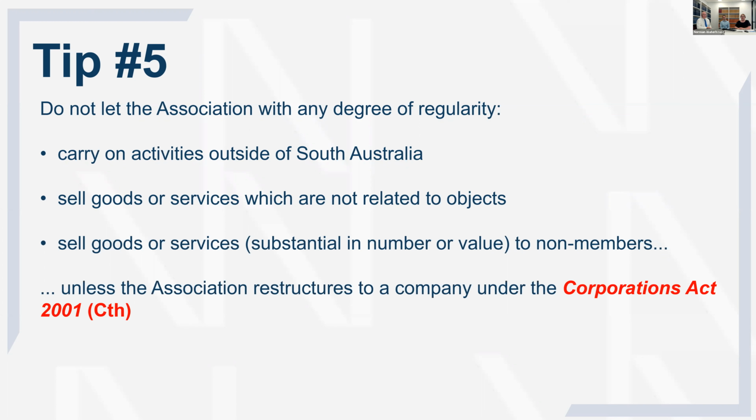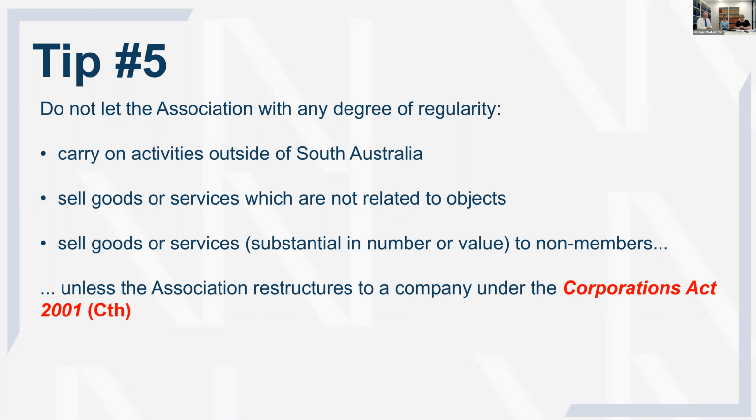And that's simply because the Associations Incorporation Act is a South Australian Act. It only protects committee members for activities carried on inside South Australia. It doesn't protect them from anything they do outside South Australia, and that might be a particular concern for some associations that are down the southeast near the border. It's not intended to be a vehicle for carrying on a business, so associations shouldn't be selling goods or services